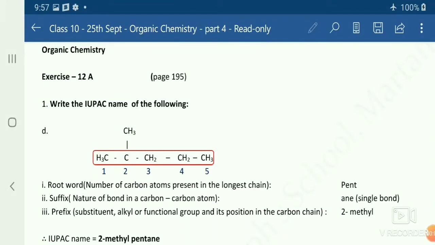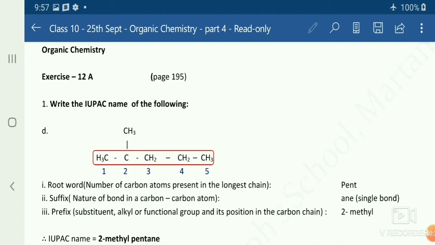Okay, class 10, we are going to do the naming of organic compounds today. That is called IUPAC naming. Okay, so first we have, I've already given A, B and C in my PDF work. Now here today we are going to discuss how to write it. Okay, so number D, we have